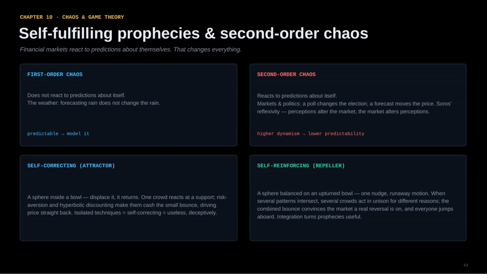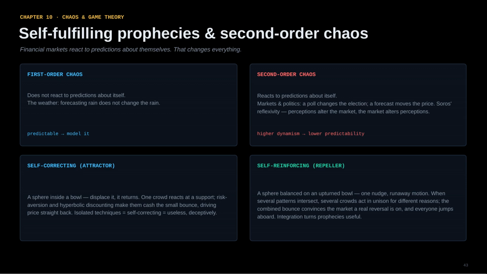Markets do second-order chaos, Soros's reflexivity. Perceptions alter the market, and the market alters perceptions endlessly. Now, prophecies come in 2 flavors: self-correcting, the sphere inside the bowl, and a tractor. One crowd reacts at a support, banks the small bounce thanks to risk aversion and hyperbolic discounting, and drives price right back. Techniques in isolation tend to be self-correcting, deceptively useless, self-reinforcing, the sphere balanced on the upturned bowl, a